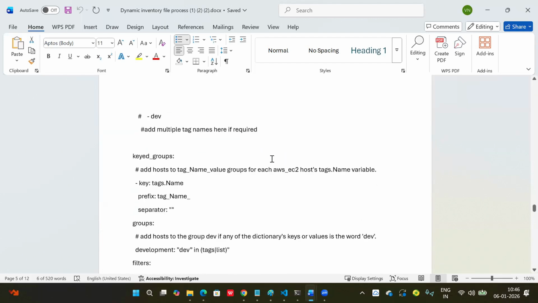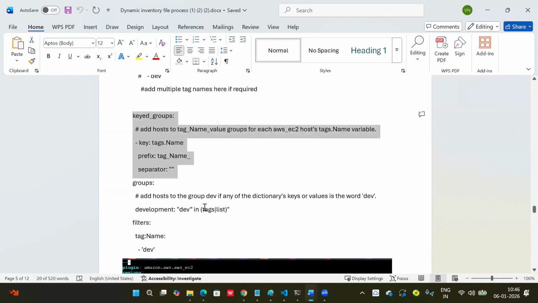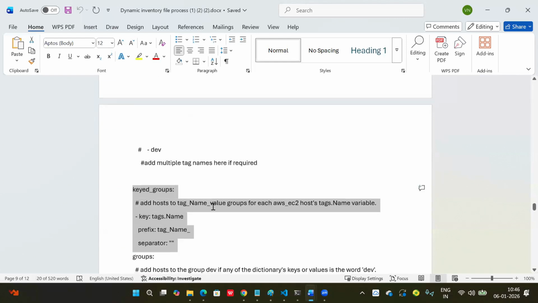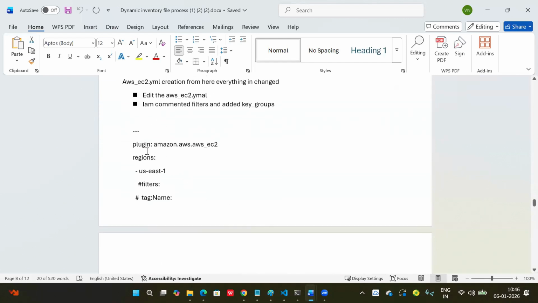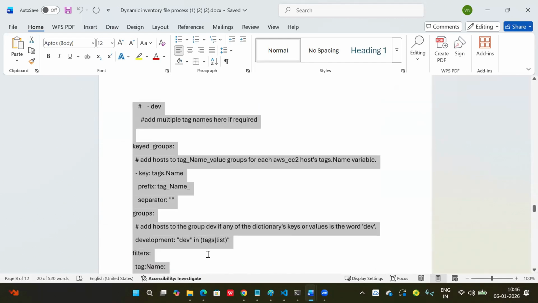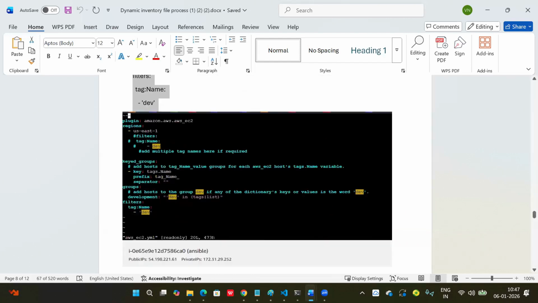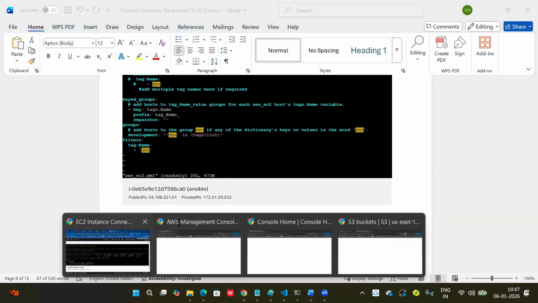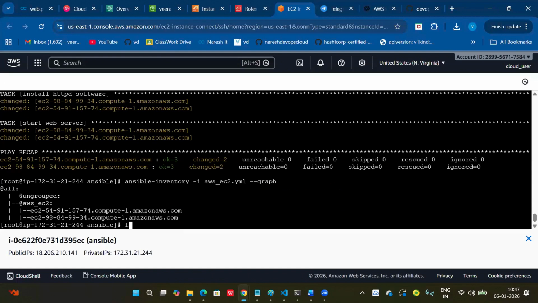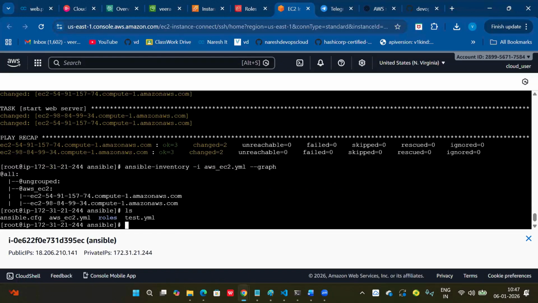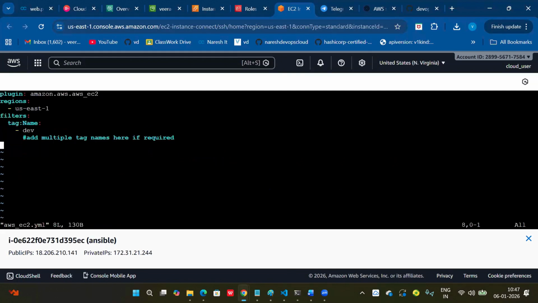So we can add keyed_groups here, separately. Yeah, let me add this one. Copy. If you want to add, you can add it here. vi aws_ec2.yml.